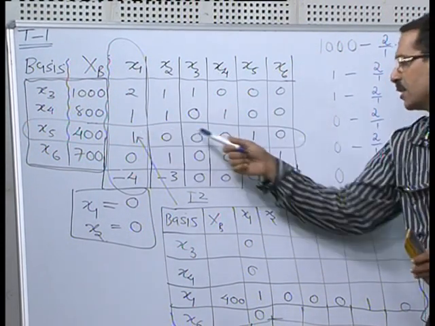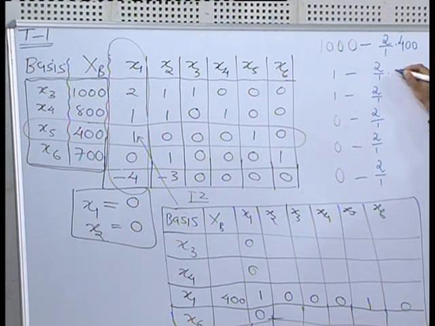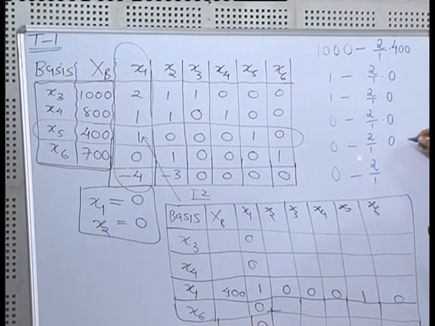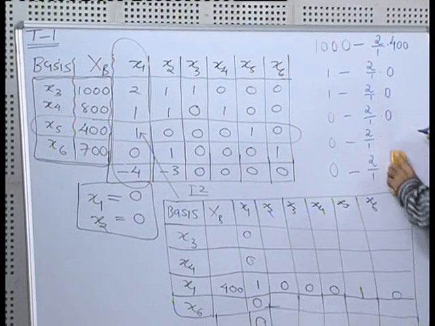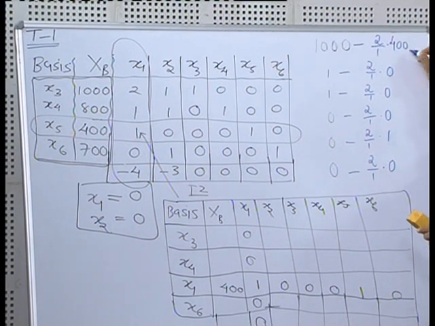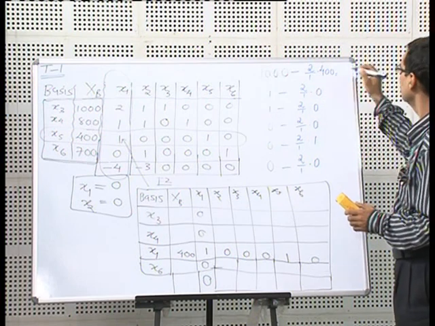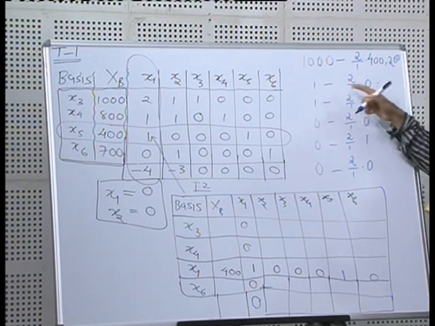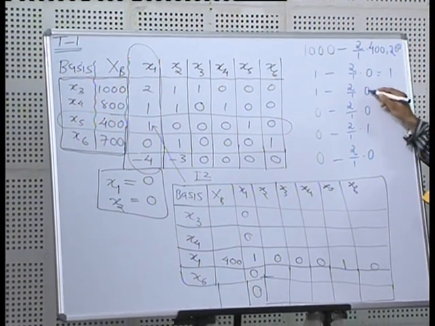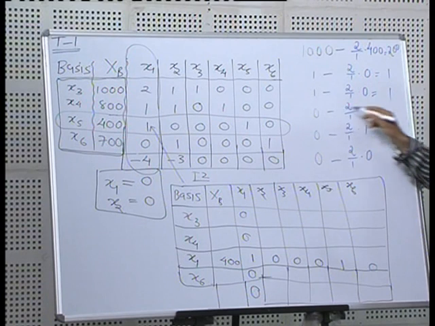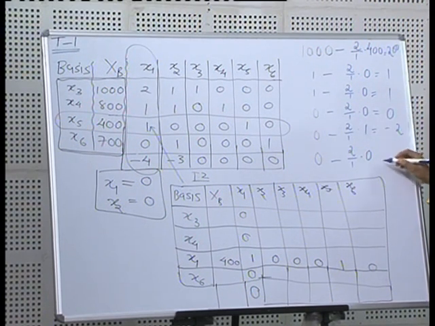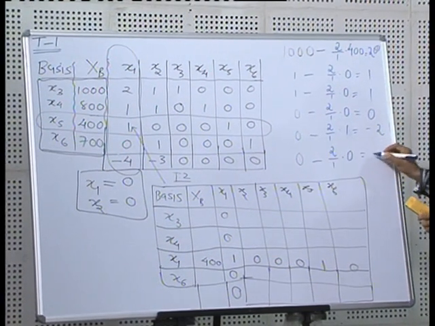So, in fact, this row is very special, 3 zeros and 1 0. Let us calculate them out. This is 2 into 400, 800, 1000 minus 800, that is 200. This is 0 vanishing out. So, 1, again a wonderful number. 0, 1, zeros and zeros, what a pair. 0 minus 2 and again a pair of zeros. So, 0.